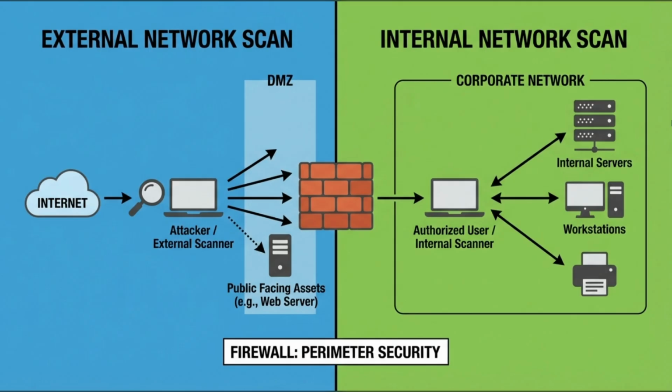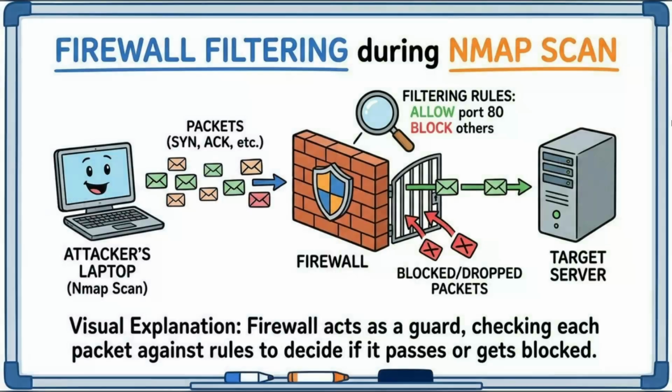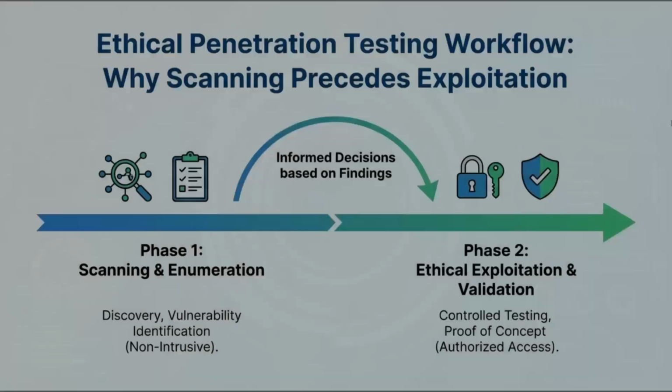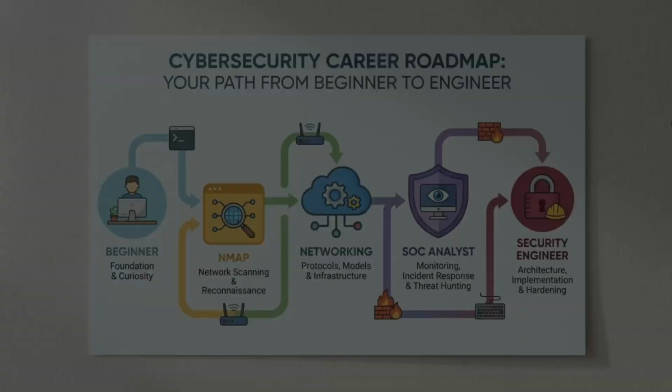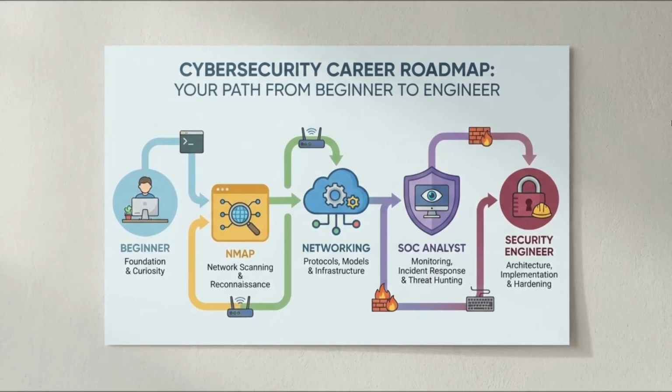Exactly. And Nmap can scan both types, but the behavior you see is different. People complain that UDP scans take forever. Why is that? Because UDP doesn't reply properly. Nmap sends a message and waits. If there's no reply, it has to guess. That waiting time makes it slow. So silence doesn't mean closed. Correct. Silence can mean open, filtered, or blocked.